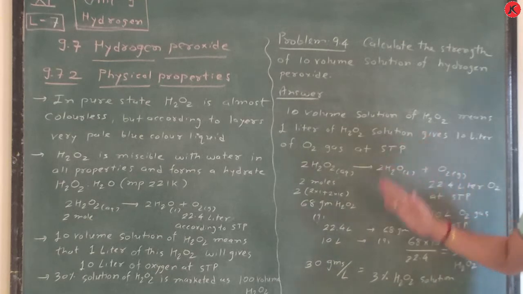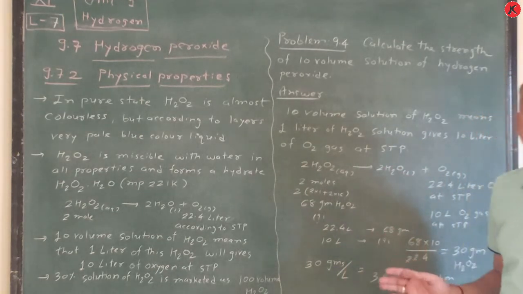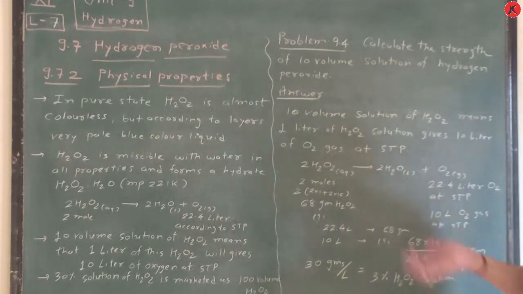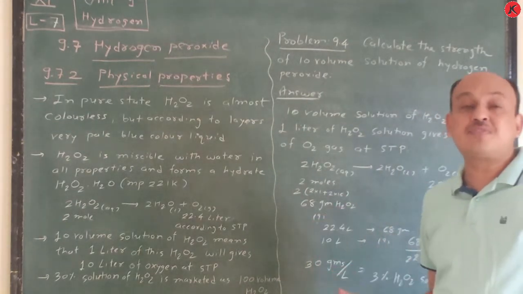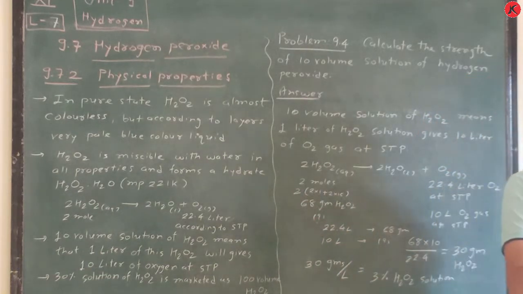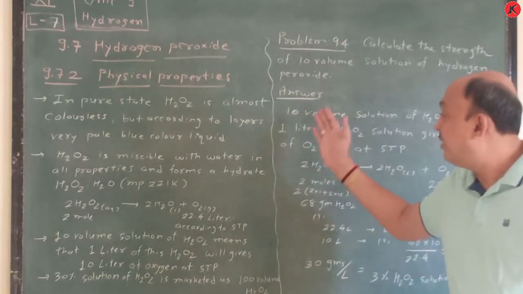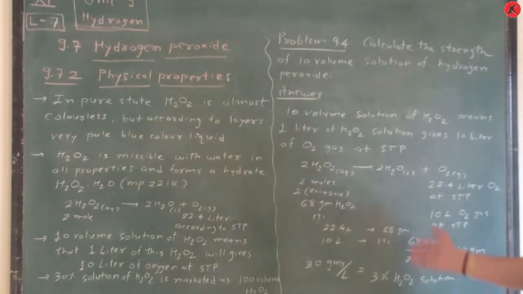So these physical properties are now complete, and now we see the structure of this hydrogen peroxide, which is very important in terms of gaseous form as well as, we can say, solid form. Okay, so here gaseous form and another is solid form. So two forms are there. It's very important. Write down according to NCERT textbook and take a screenshot.